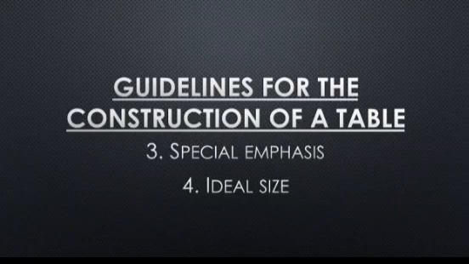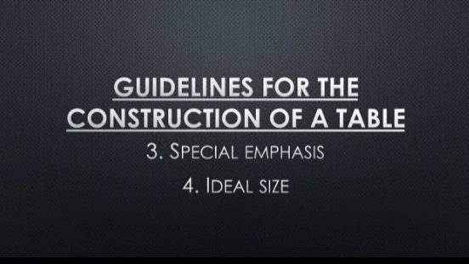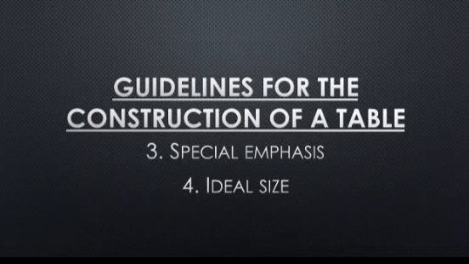We discussed that the headings of columns are known as captions and the headings of the rows are known as stubs. So they are saying that if you are giving special emphasis to any caption, any item, any stub, any row, that item should be presented in a bold figure. Fine. Either you make that point bold or you can underline it, you can make that point look attractive. So a different emphasis should be drawn on a particular point.